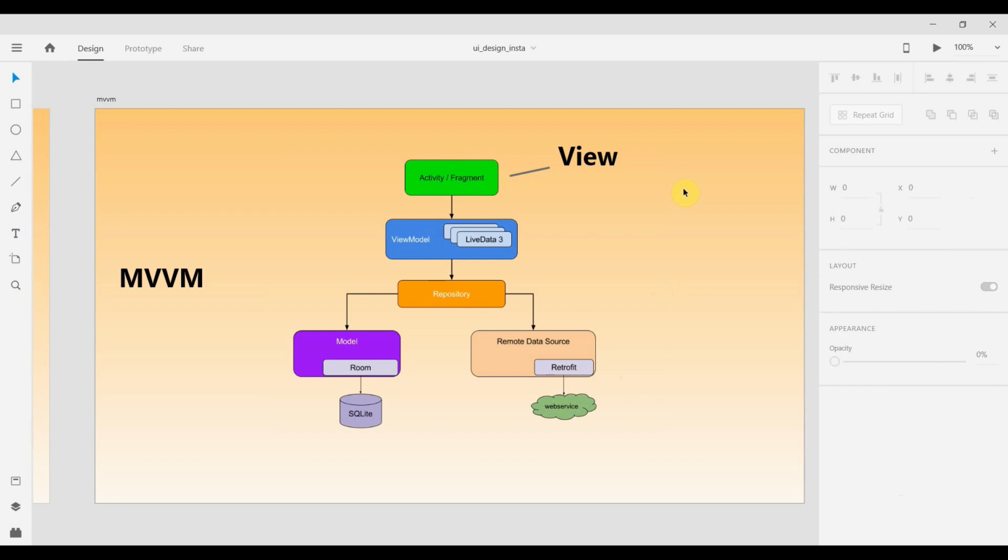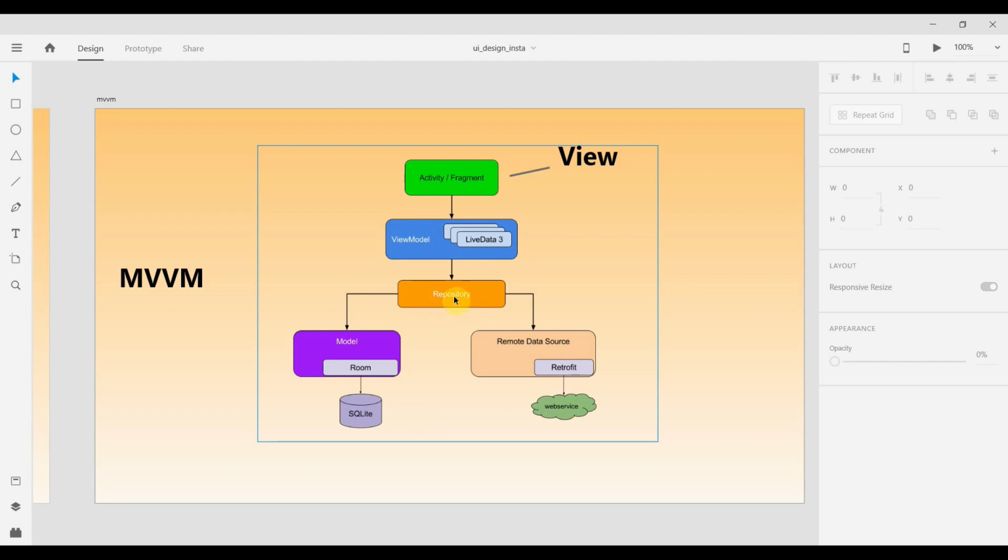And a view can only display the stuff on the screen, and that stuff they get from this view model, as you can see. And the view model is kind of a middleman between views and business logic. It holds and prepares data for the user interface.